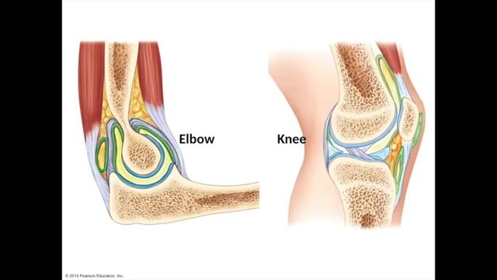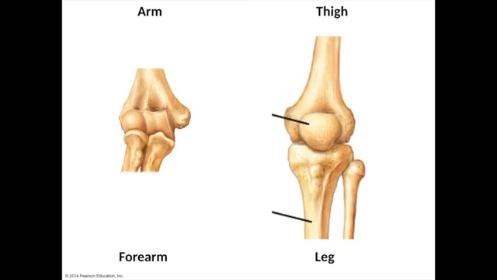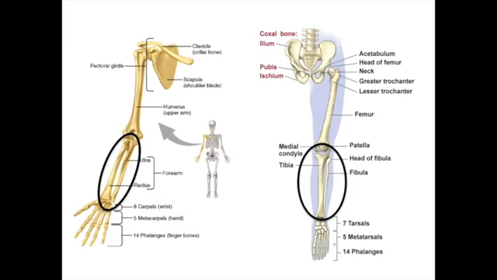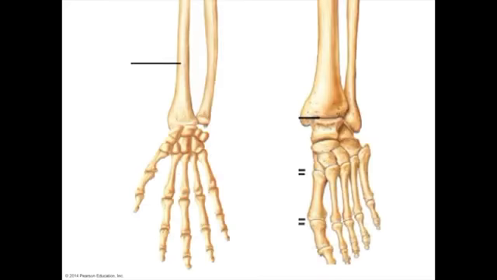So for the upper limb, this attachment of arm and forearm occurs at the elbow joint, and for the lower limb, the attachment of the thigh and leg occurs at the knee joint. These are the proximal attachment for these two smaller bones of their respective limbs. At their distal end, these bones will connect with the bones of the hands and feet to form the wrist